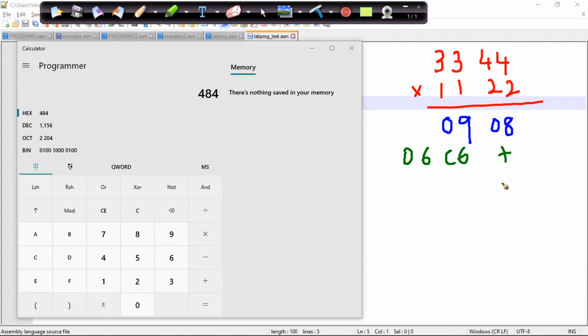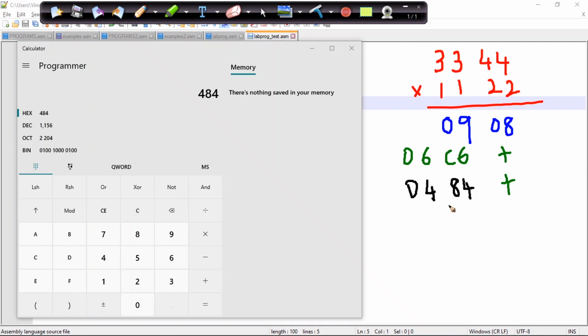Okay, this is the part. So I'll be adding it over here only. So that is 0484.